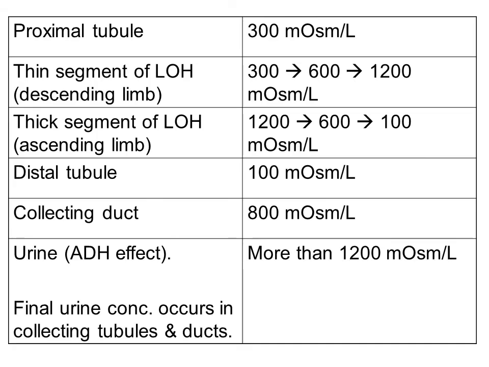Also, additionally, large quantities of dilute urine can be excreted without increasing the excretion of sodium, and this can be accomplished by decreasing ADH secretion, which reduces water reabsorption in more distal tubular segments without significantly altering sodium reabsorption. This slide shows you the osmolarity of different portions of the tubular fluid.